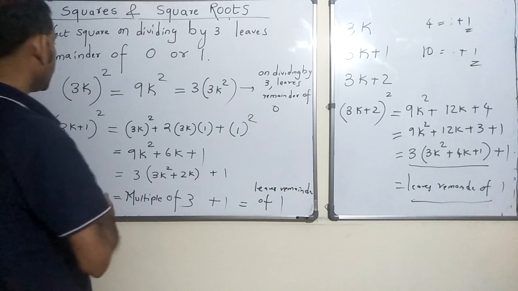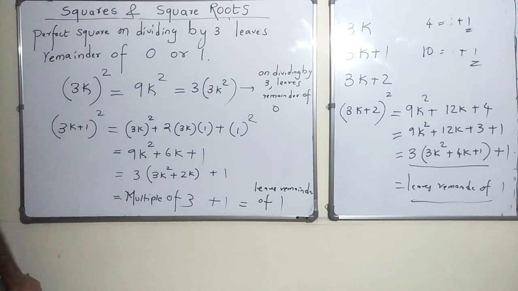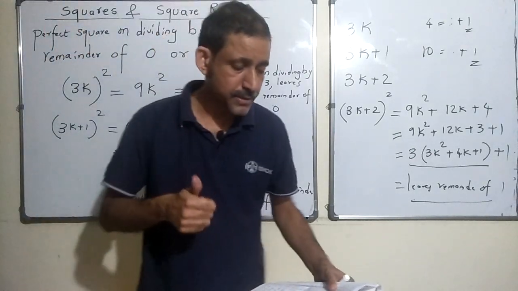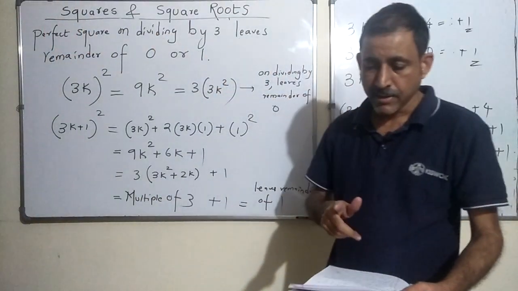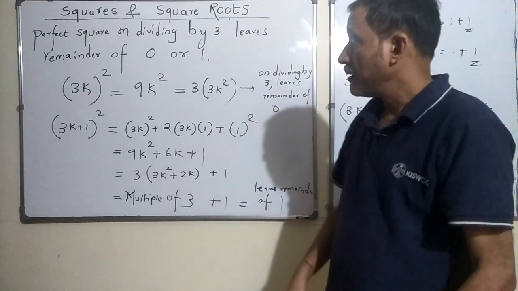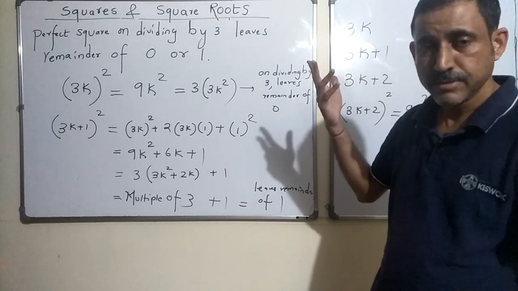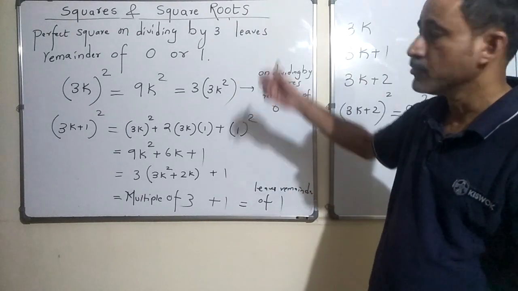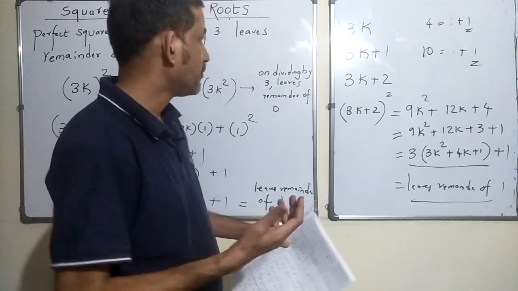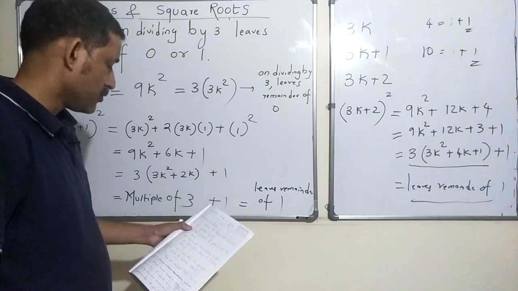So this is fine, and I think that brings us to the end of today's session. In today's session we learned about square and square roots of a number, what they actually mean. Then we introduced perfect squares, and we studied a few properties of square and square roots, and we were able to prove almost all of what I introduced.